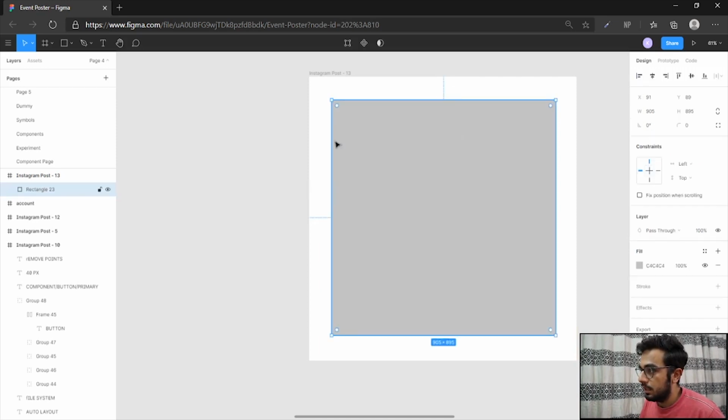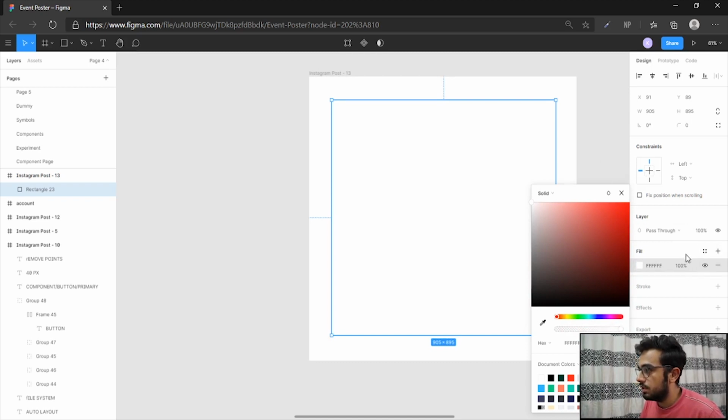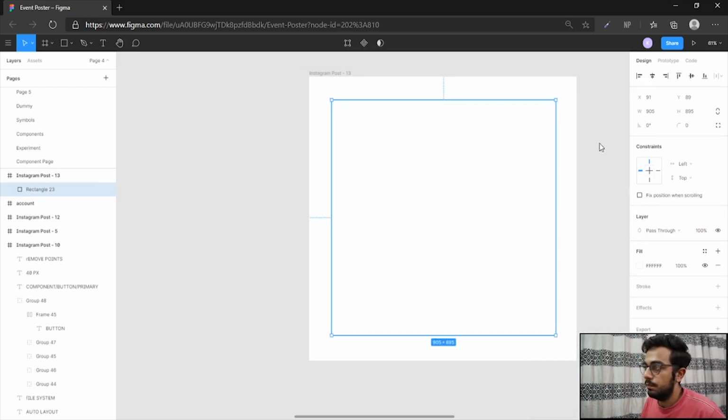And let's create a rectangle and give it a color of white. Why I'm not picking this from a color style is because it would also edit the colors where I want the background of the screen or the page to be dark. So I'm defining it individually here.